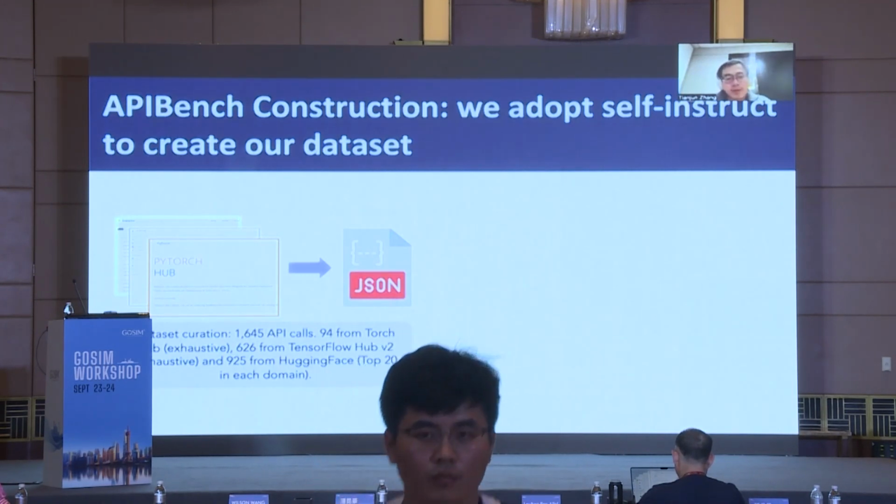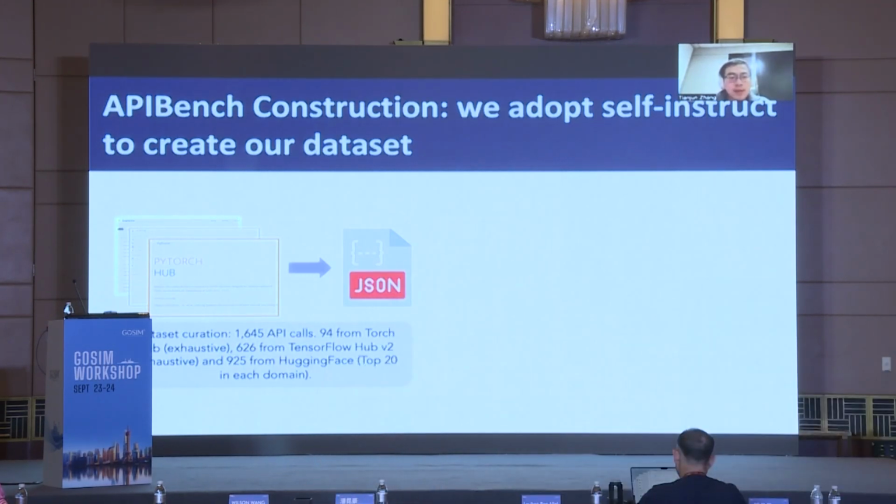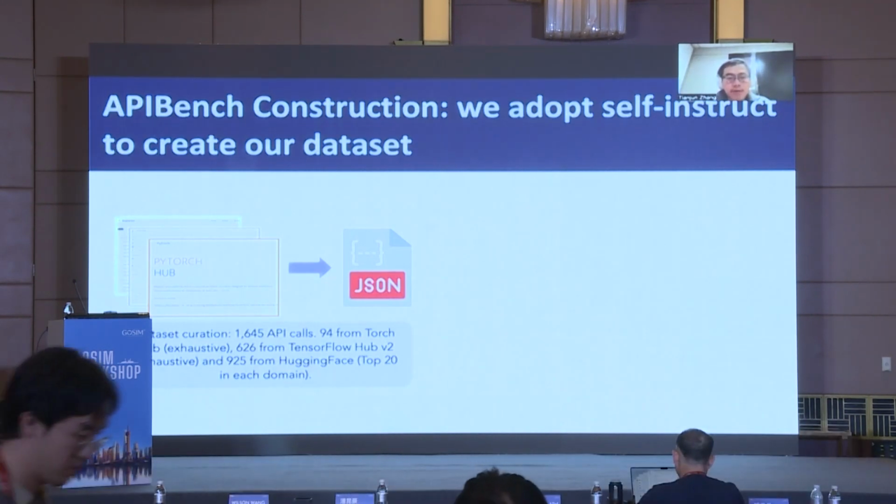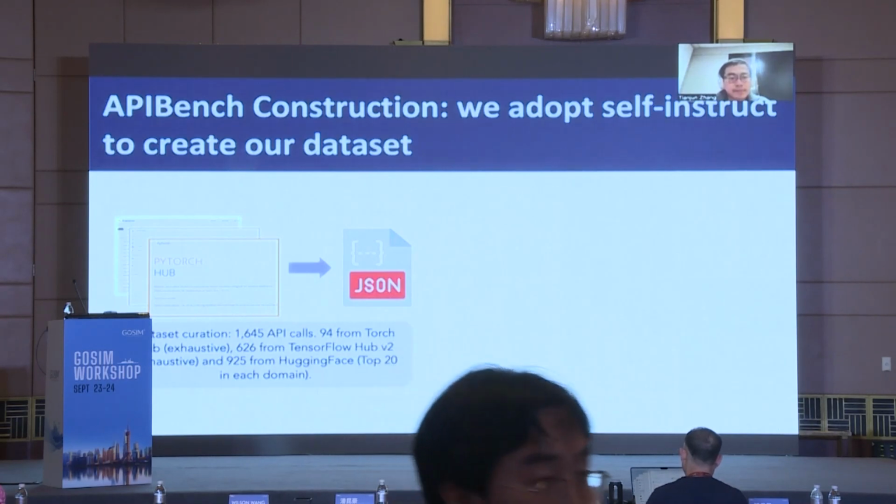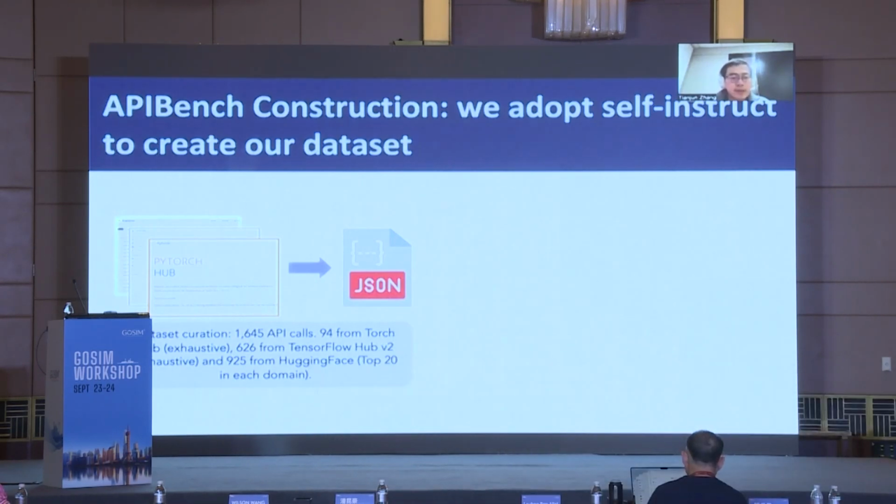This is because Torch Hub is a relatively small one, and we exhaustively included all of the API calls. And 626 from TensorFlow Hub V2, and this is also exhaustive, and 925 from Hugging Face. Hugging Face contains a lot of models and API calls. We select the top 20 in each domain.